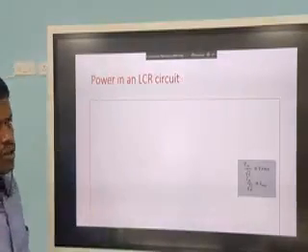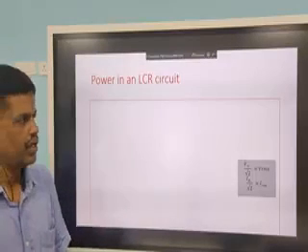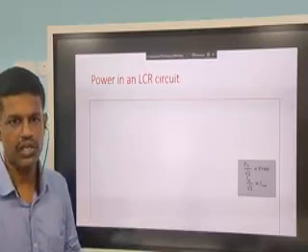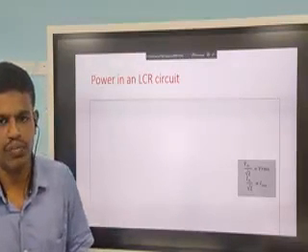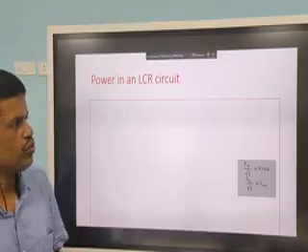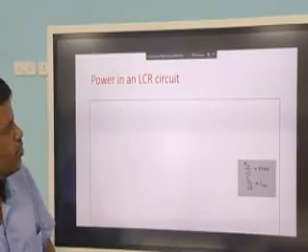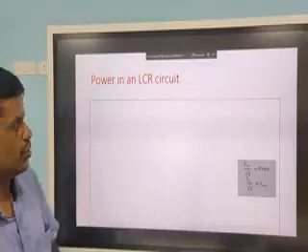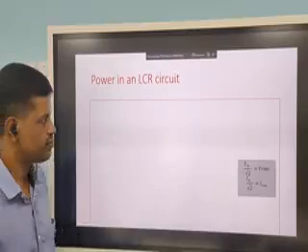Before that, there is a give and take arrangement between inductor and capacitor. The inductor supplies its energy to the capacitor. The capacitor stores it as electrical energy. Then it gives it back. Then the inductor stores the energy as magnetic energy, and there is a continuous exchange. In the outer circuit, we get this as oscillations. So the LC oscillator is another application of LCR in AC circuits. Now let us move to another topic, power in an LCR circuit.